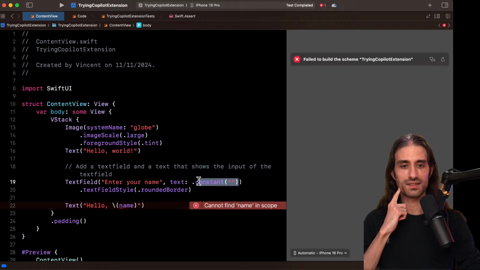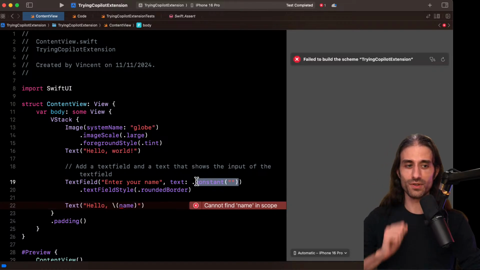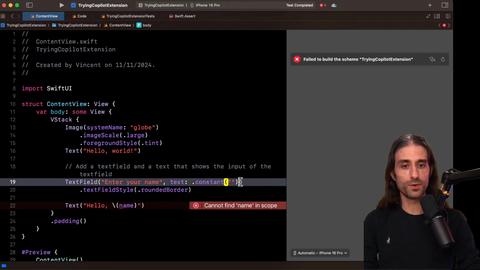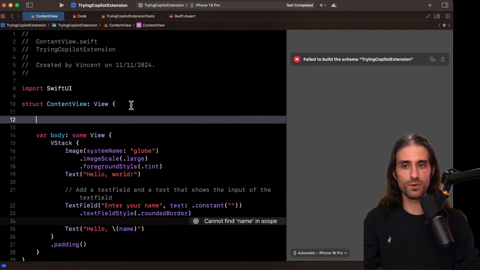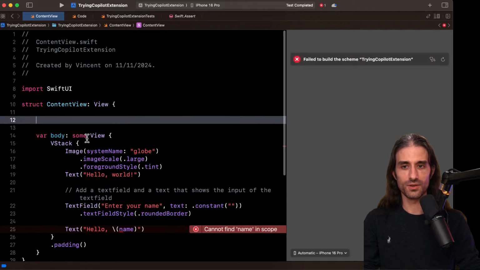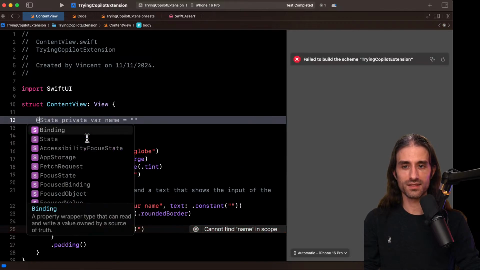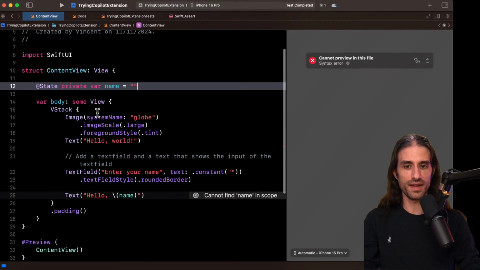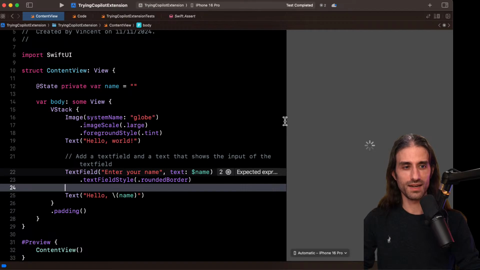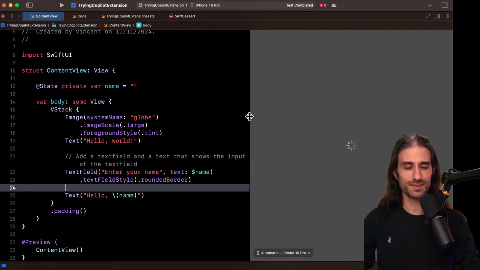So here, yes, because there was no, and that's why you see the difference between a tool like Cursor and also what Swift Assist is promising to do, because there is no add state property, it wasn't able to leverage it. So we still need to do a bit of a change, but let's see, maybe it will suggest writing it. So nothing for now. If I do add state private var name, okay. And so here we're going to do $name, perfect suggestion. Let's see what the preview looks like.